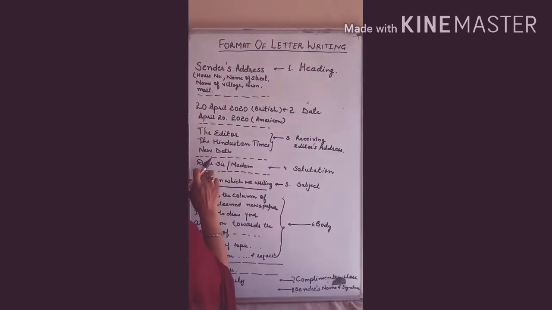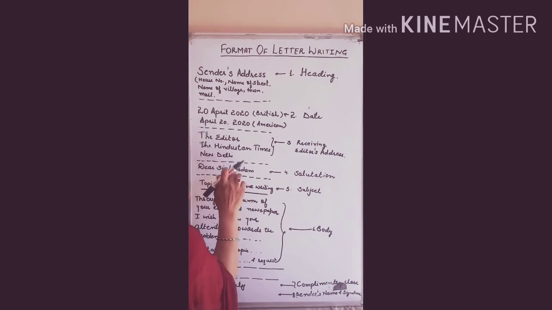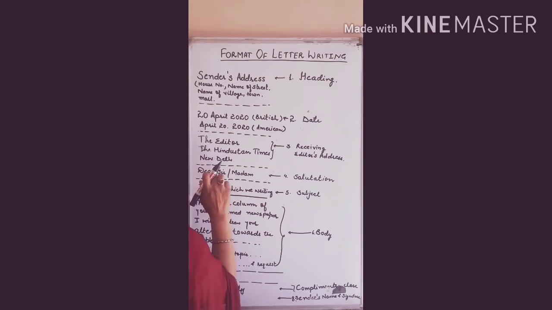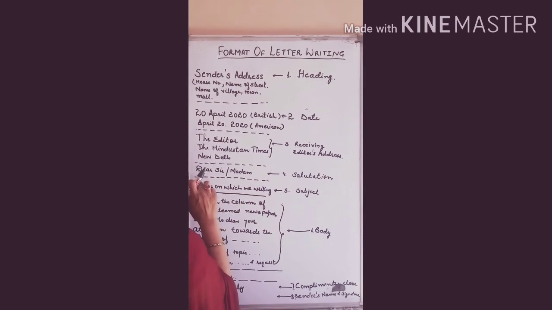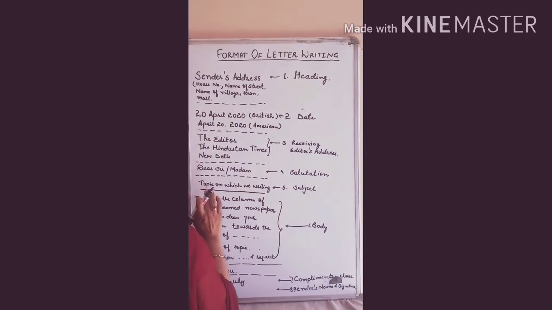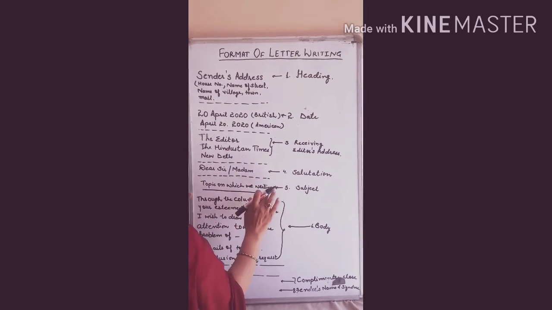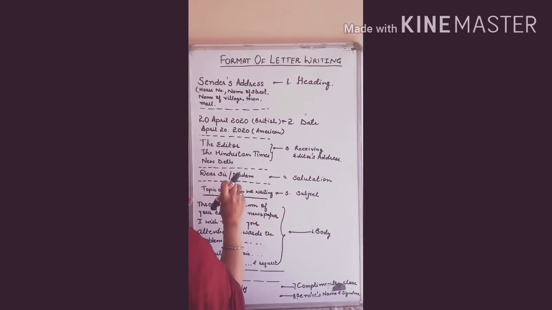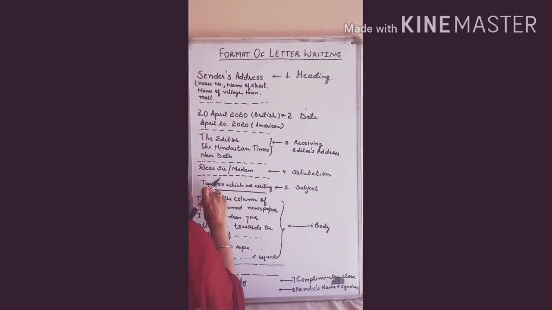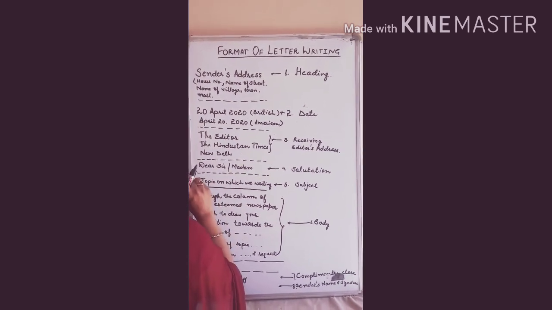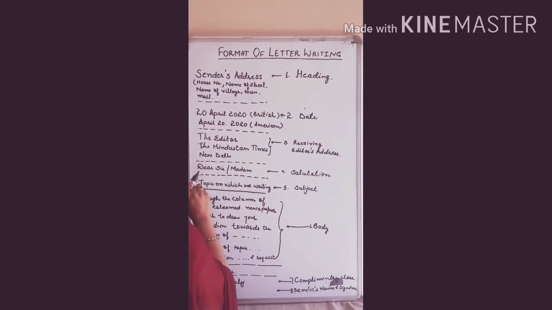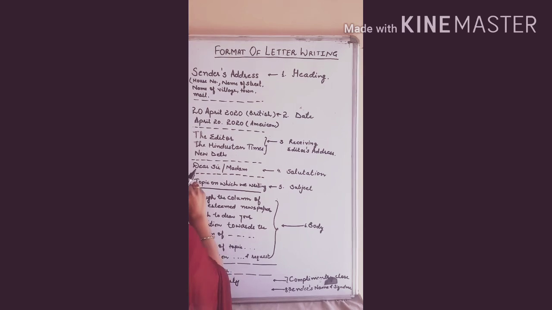In the salutation, we start with Dear Sir or Madam. If it is not certain whether the editor is a sir or madam, we should always use Sir. Then, leaving the next line, we start with the next point, the subject. Subject is the topic on which we are writing. That means we mention our problem or the subject of the letter, and it should be underlined. In some letters, sometimes the subject comes before the salutation. So it is not mandatory to write it above or below.